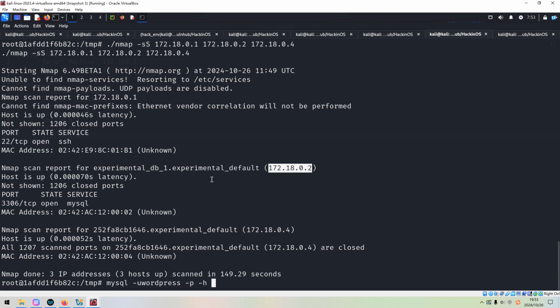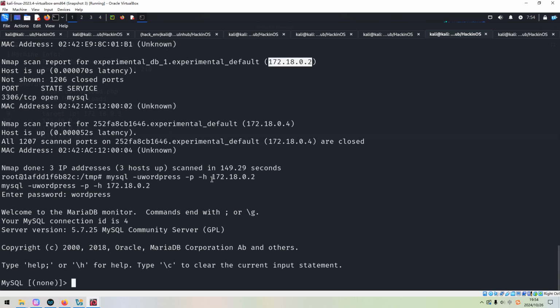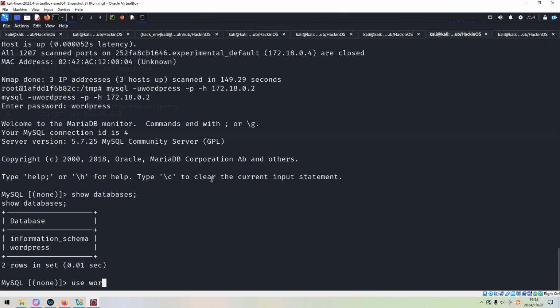However, we need to use the -h option to specify the machine. Press enter, and WordPress. As you can see, we are in MySQL. Show databases, and we can use WordPress